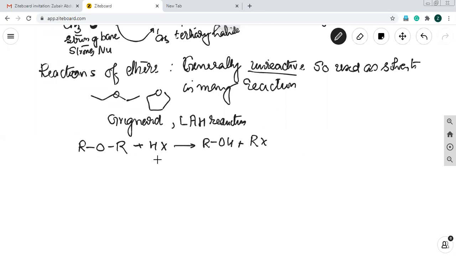And among the HX, HI is the most reactive, then HBr, then HCl. HI is more acidic, we know that. HI is very, very acidic. So this is the order of reactivity. Okay. So for example, if we take this compound,